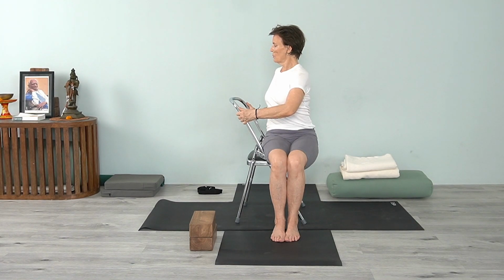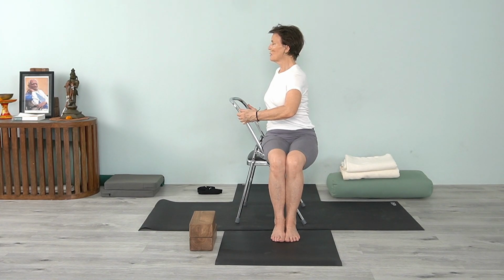And then exhale, turn. Turning from the back waist corner, back ribs, back chest. So when we're doing twisting, we're always lengthening, creating that space. And after we have the space, then we're turning. But we start from the base. The base is always from the bottom, either the feet or the hips. So with the base of the spinal column, that will be that lower buttocks, the back waist corners,